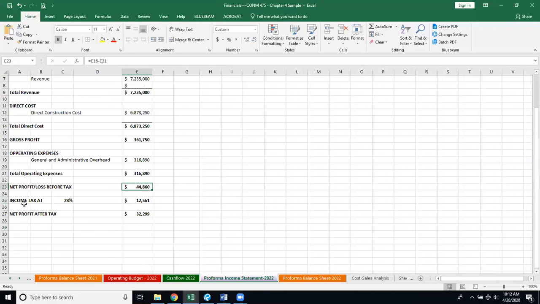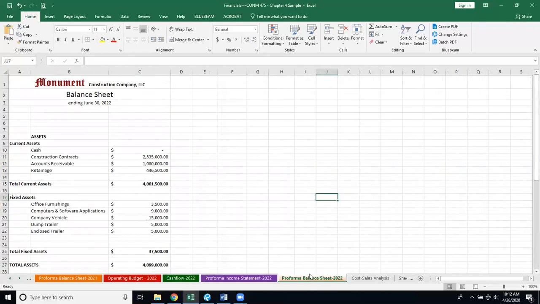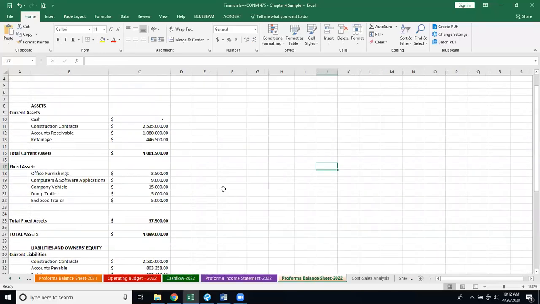Of that $44,000, it's going to be taxable. I just figured about 28%. And then my net profit after tax is about 32,000. So the only thing that's going to change now when I come to my last year's balance sheet is,